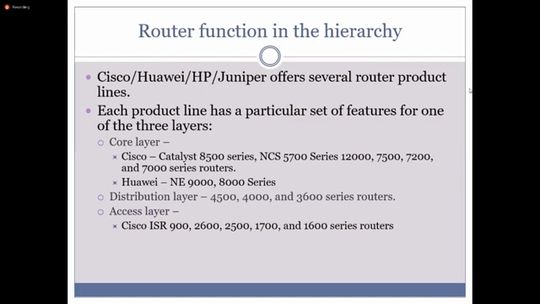Now we have the Catalyst 8500 series and NCS 5700 series. And for Huawei, we have the NE 9800 series routers.